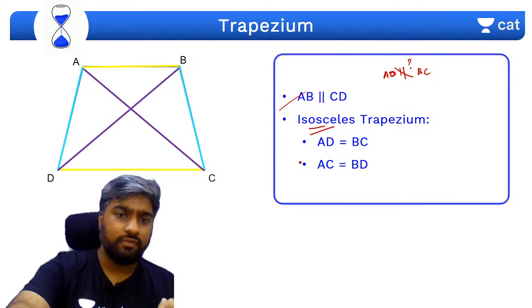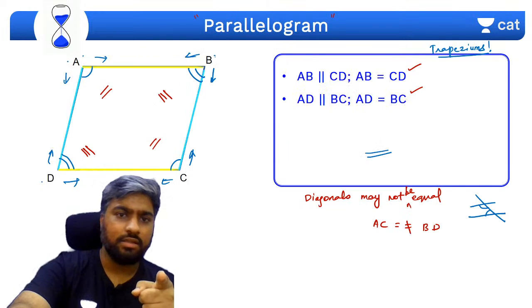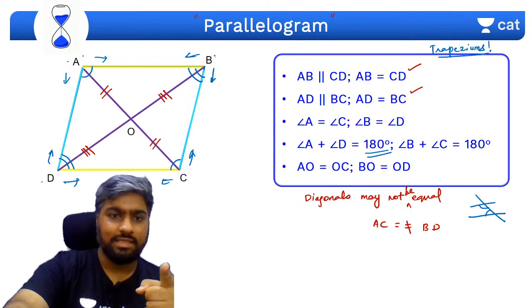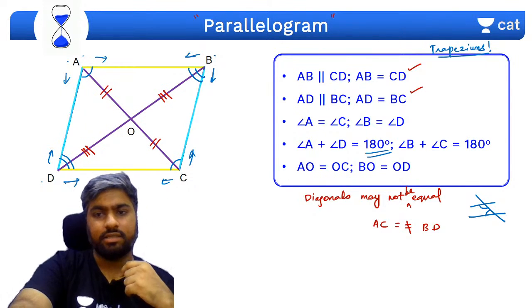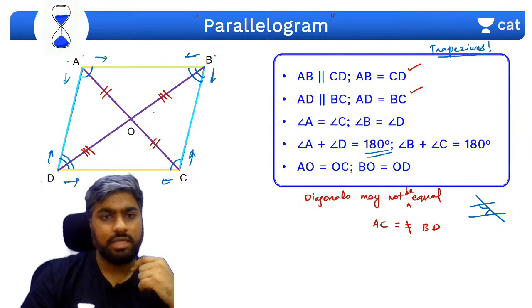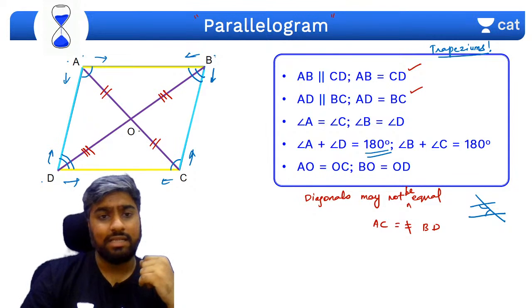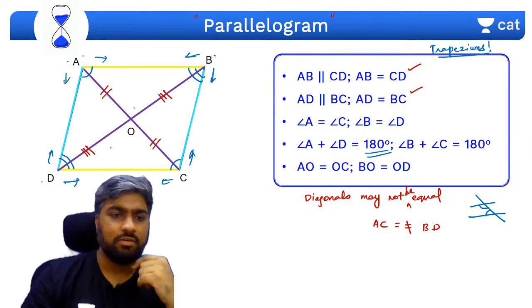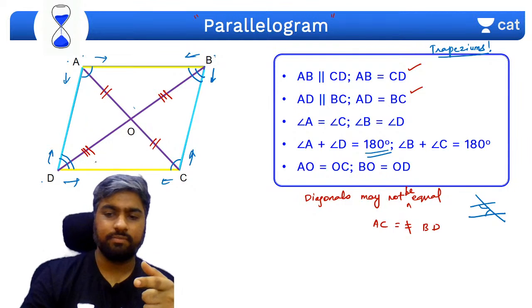Here you can prove by looking at the bisectors. Look at this, here the diagonals are bisected. So you can prove it by checking the bisectors. You can take any two triangles and prove them to be congruent, and if their diagonals bisect each other, if this AO is equal to OC or BO is equal to OD, then you would be able to prove that the trapezium is a parallelogram.